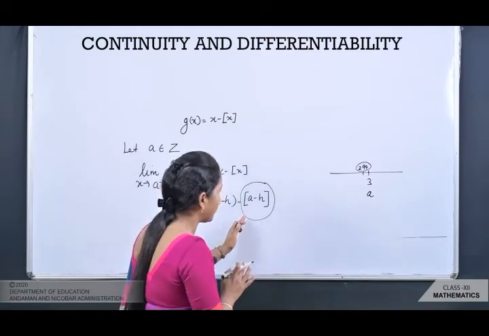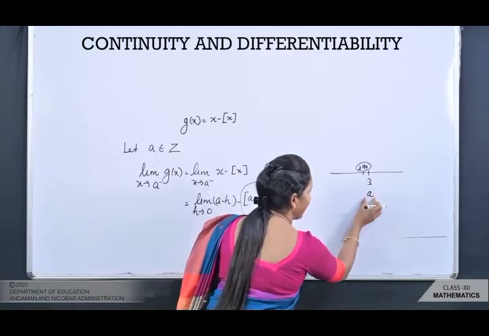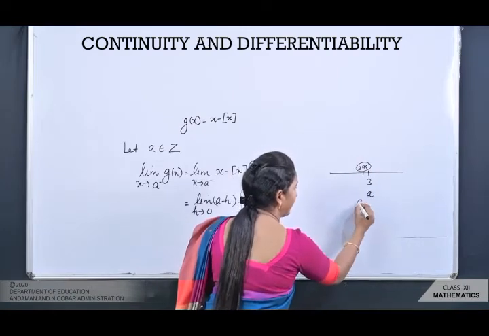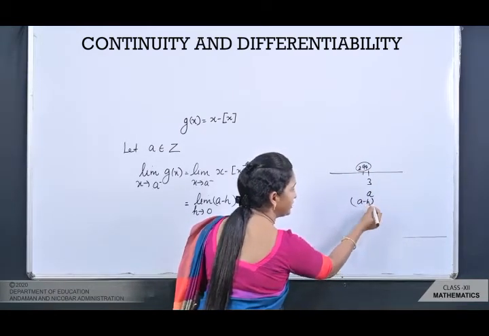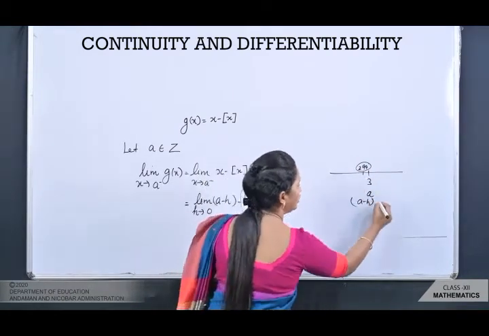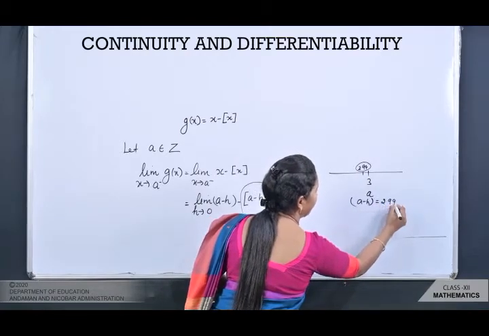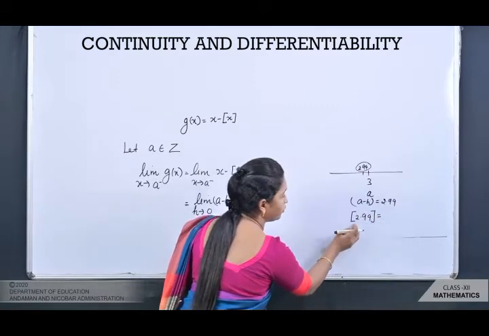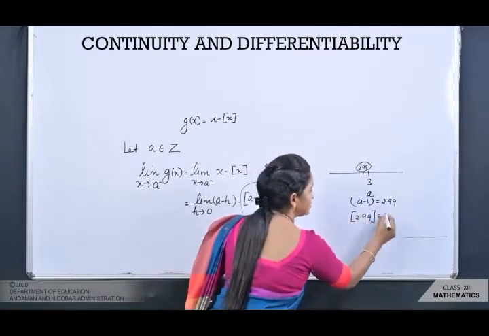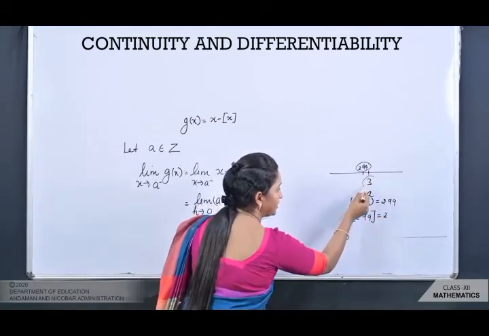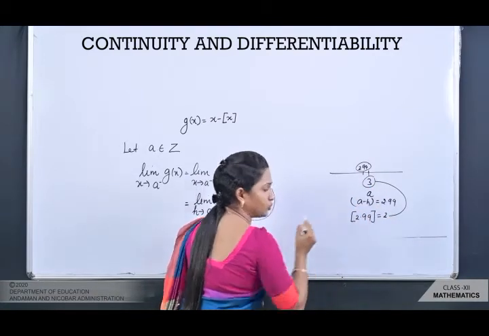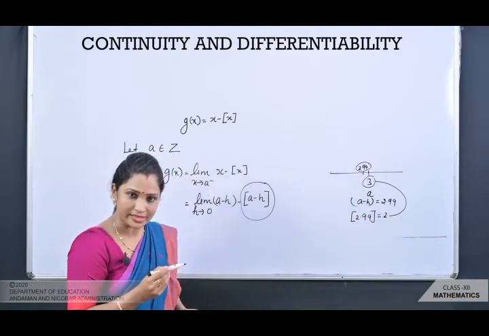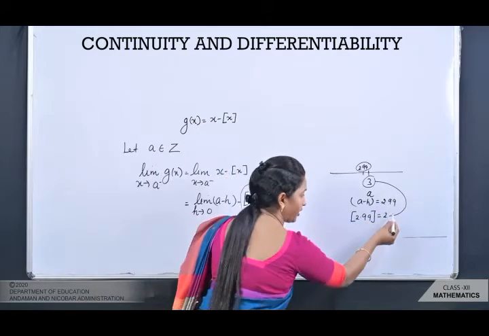तो what I am taking, suppose I am taking a is equal to 3. So a minus h, जब आप 0.01 subtract करते हैं you are going to get 2.99, and if you find the greatest integer of 2.99 the answer is 2. That means you start with a and you are reaching 2. Are you getting my point? ठीक है, एक कम हो रहा है.